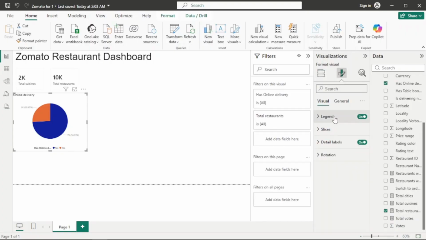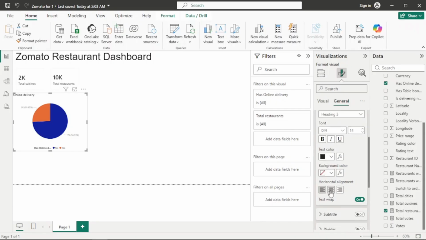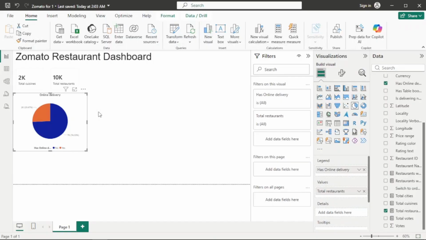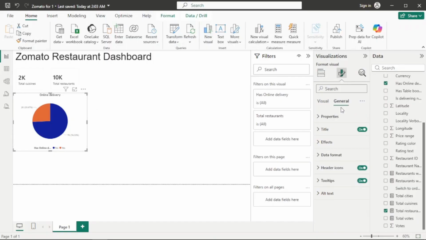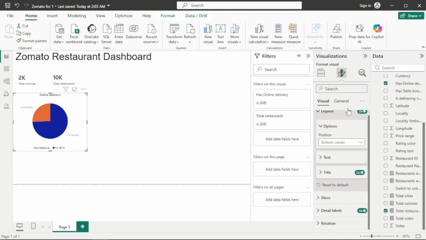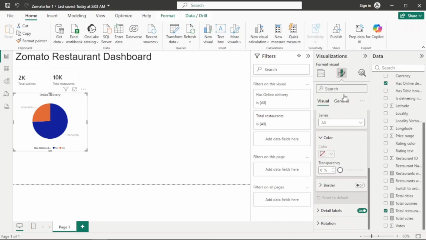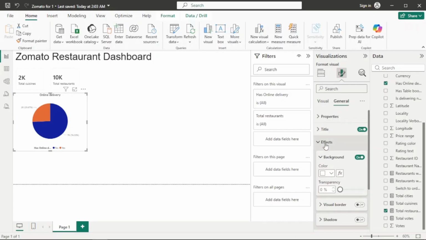So I can again go title, and then I can put it in any place. For example, I can put it in the middle or anything else. I can also bold the numbers. I'll just go here for the legend. Let's just see the text. The text is fine here, and let's just go to the slices. There's a different color for the slices, and if I go to the general, I can change the effects and everything. So that's about it,